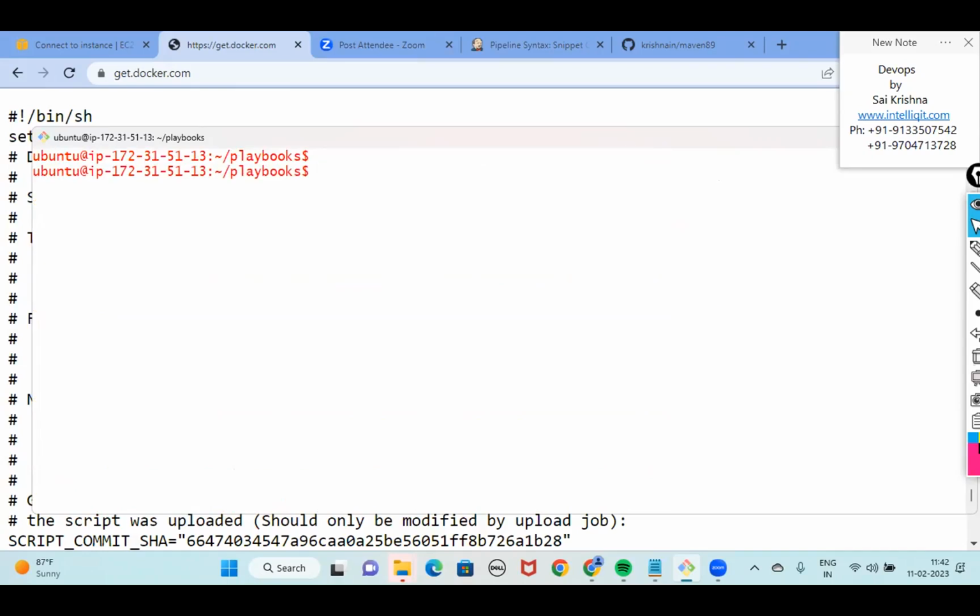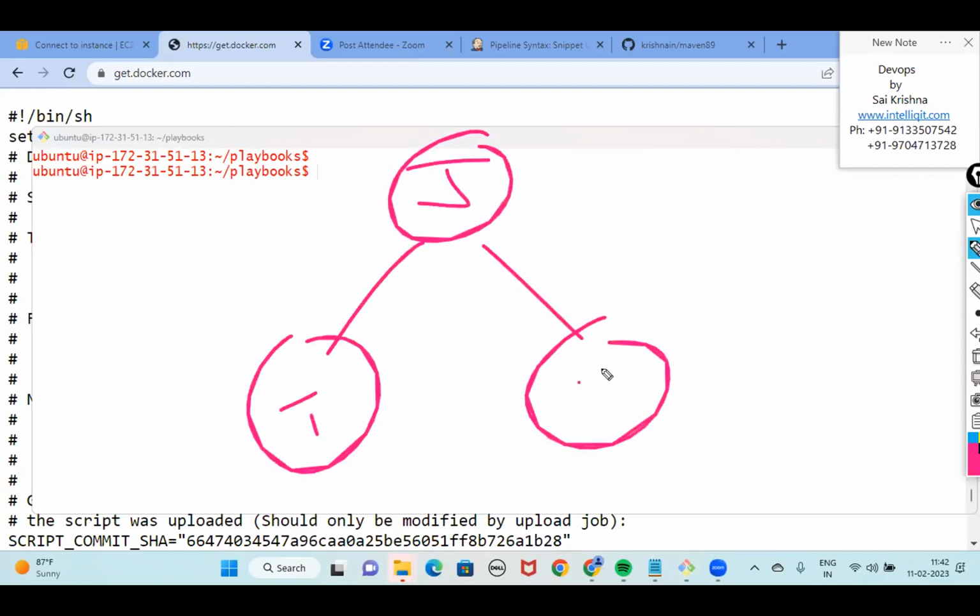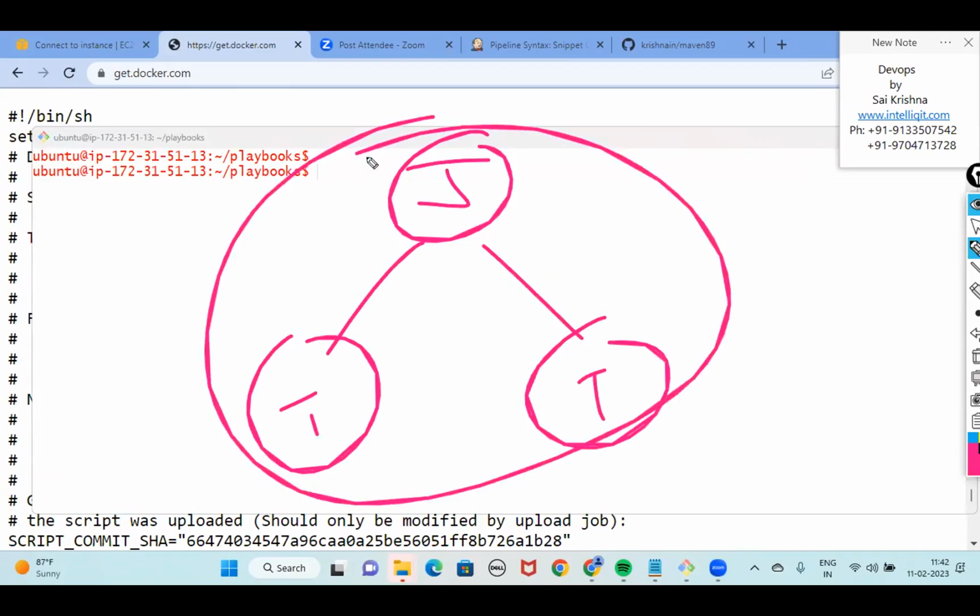One more example before I go into the next module. This is also a scenario which we have seen in our Docker Compose. We had one Jenkins container, and this Jenkins container was linked with two Tomcat containers, right? Of course, at the level of Docker Compose, this entire environment was getting created only on one server. We want to do this now on n number of servers.